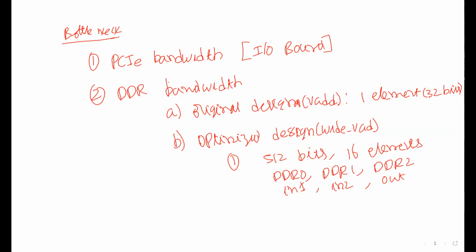There is one more reason also, I guess, Prithvi, in this particular case. I think what Prithvi is saying is, even if you write the code without worrying about transferring just 32 bits at a time, the compiler or the hardware will get the surrounding 512 bits of data from the global memory. And in the next call that you make, instead of making a fresh DDR memory transaction, the data that is buffered will be used. I think that is quite possible.